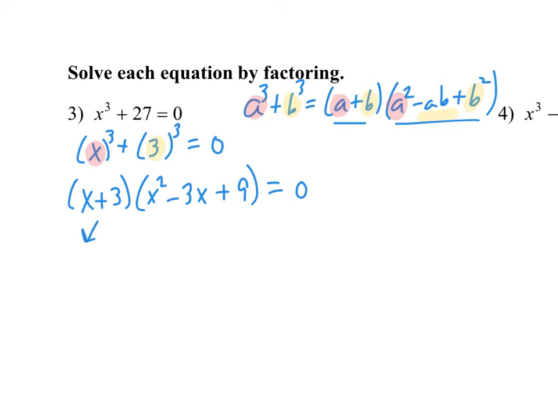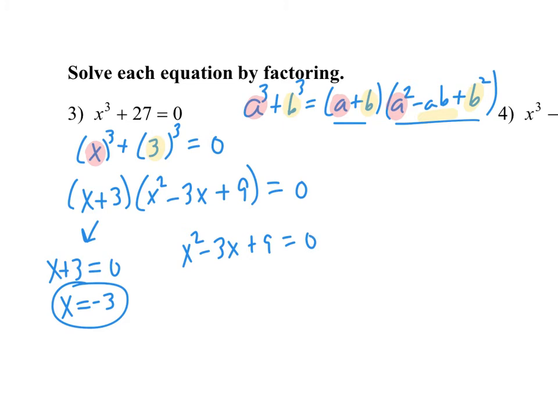But now that it's factored, we're just going to use the zero product property. Set each factor equal to 0. So x equals -3 is one solution. And then we have ourselves another quadratic here. Let's see what we can do. Quadratic formula again. The opposite of b is going to be 3 plus and minus the square root of b